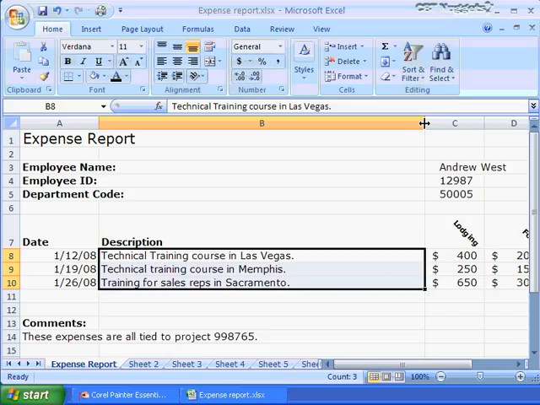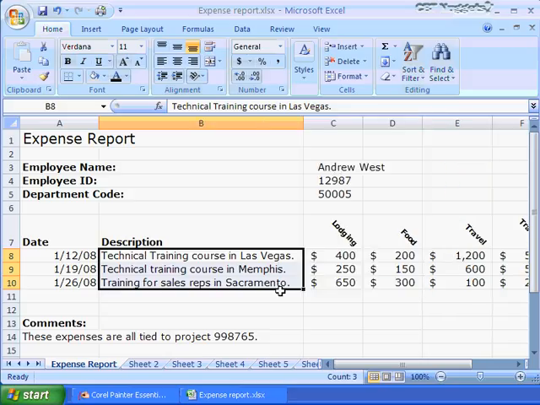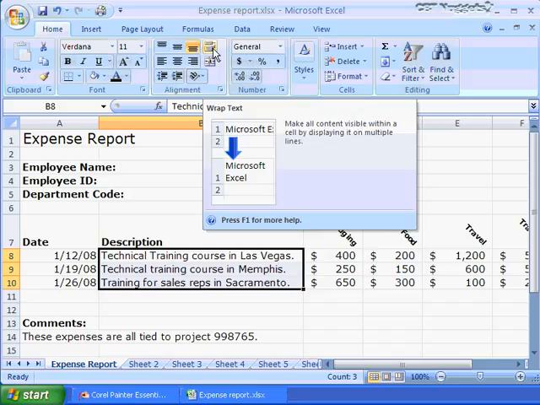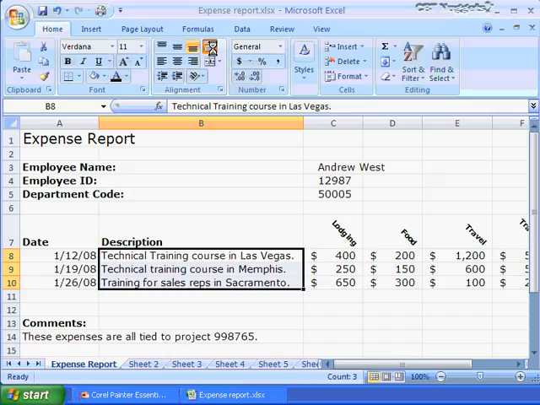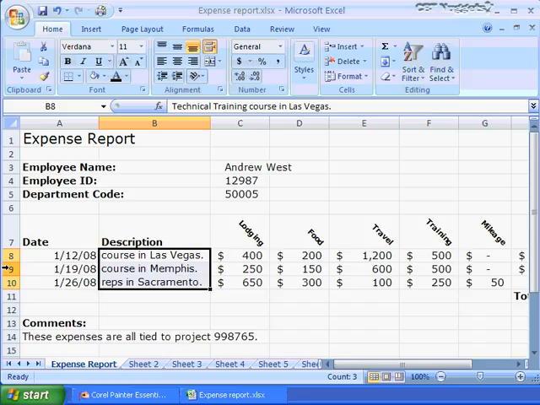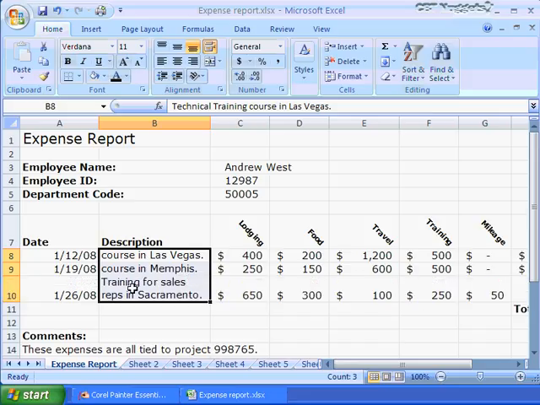See how I don't need that much space when I double click? It'll shrink it. It's always going to make it the right size for that text. Well, I still don't want to use up this much space, so I'm going to wrap my text. This little icon up here allows me to wrap my text. You don't see it change, but now I can resize this column, and then I can double click here to